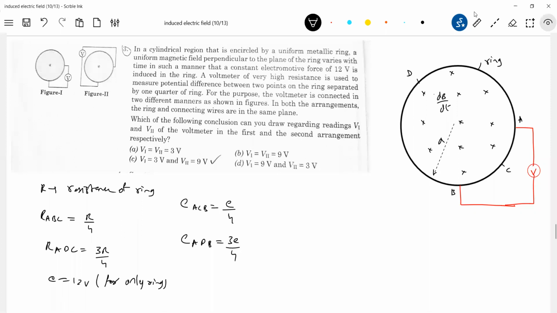Where is the loop? There are two loops for you. There's one loop, there's another loop. What is the net variation of magnetic field here? 0, no? So no EMF is induced in this loop. Net EMF will be 0 here. And we know the EMF induced here is E by 4. So there should be some EMF induced on this side, equivalent and opposite. So I'll draw the circuit here. It will be like this.